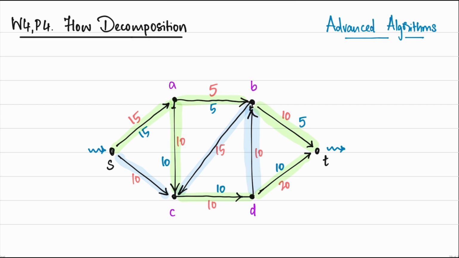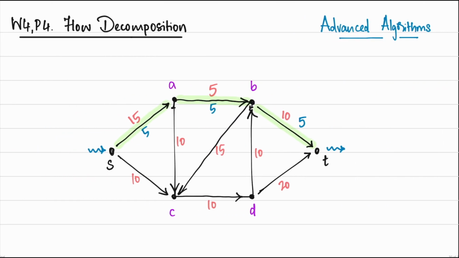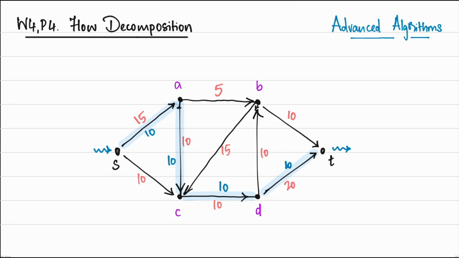So you can pause and double check that this flow that we have here indeed can be thought of as the sum of the flow that's going through those two paths. And it turns out that you can actually do this for pretty much any flow. You can break it down this way, and you probably have some ideas yourself of how you might go about that. And let me just walk you through an informal discussion of a process that would help you decompose a